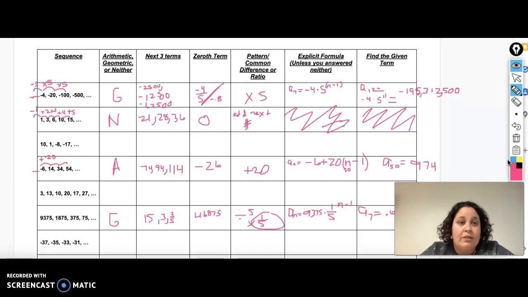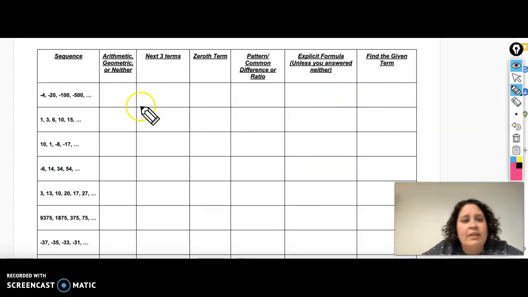The last thing on the test tomorrow is the recursive rule. Again, remembering for a recursive rule, the only thing that you would do differently, so let's say if we were doing the same one, we're going to state our recursive rule by writing A1, which is -6, and then we're going to write our A sub